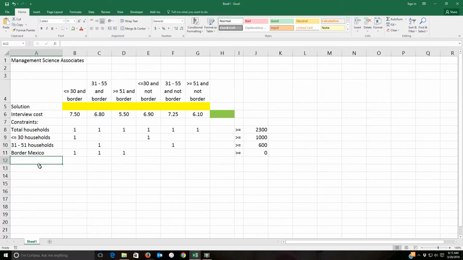So we have another similar constraint, we have less than or equal to participants and not border. So here is our less than or equal to and not border value, and we want that to be 50% of those. So it's going to be greater than or equal to, it's at least,